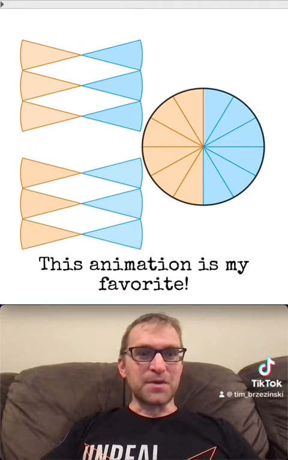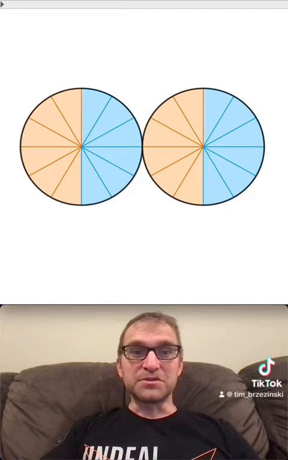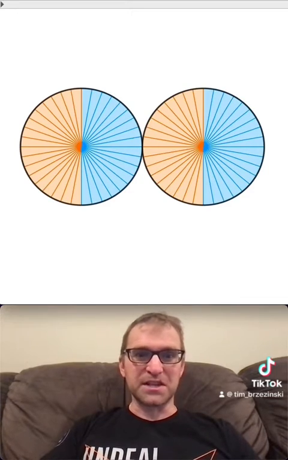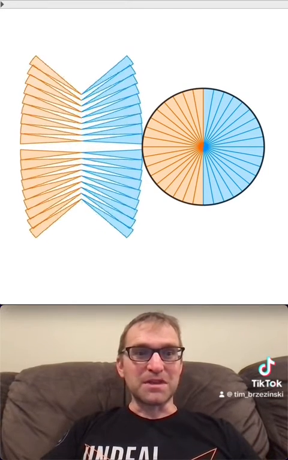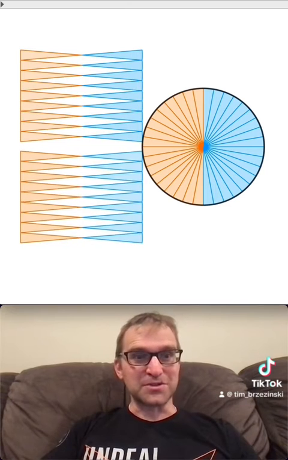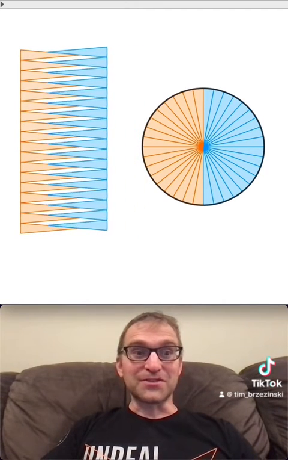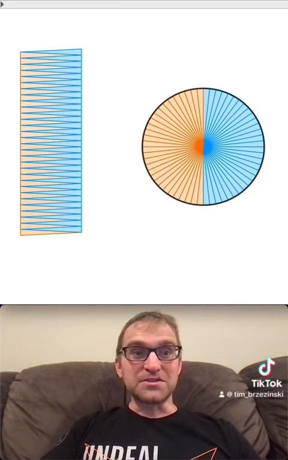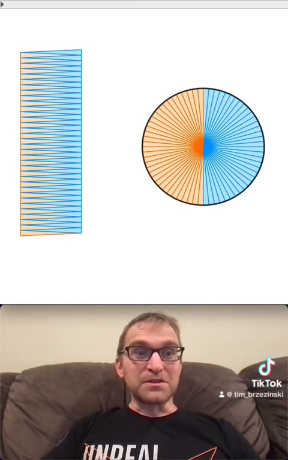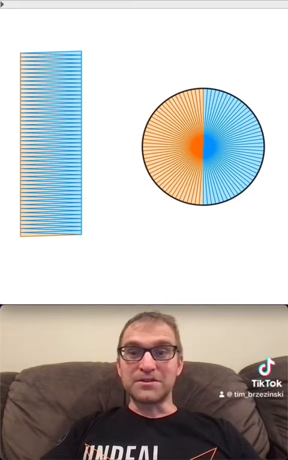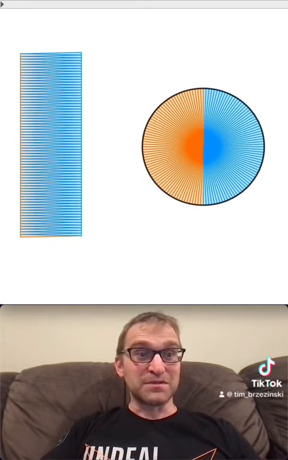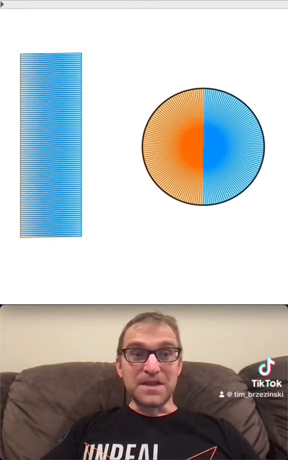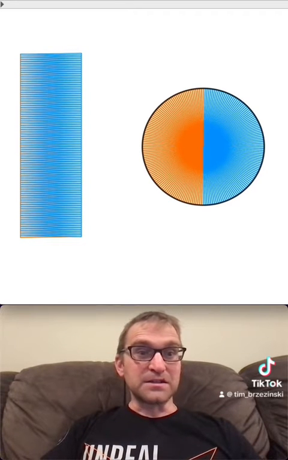But let's put that back and let's actually cut that circle up into a little bit bigger number of pieces, say like this. And let's do the same thing. We'll take those pie pieces called sectors and we'll put them together like this. Interestingly enough, notice the greater number of pieces I cut it into, that parallelogram looks flatter and flatter and flatter until, as the number of sectors approaches infinity, that parallelogram looks more and more like a rectangle,